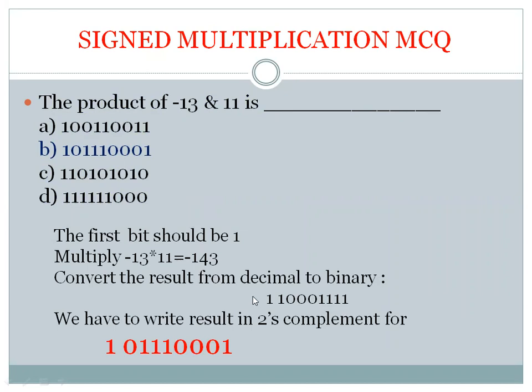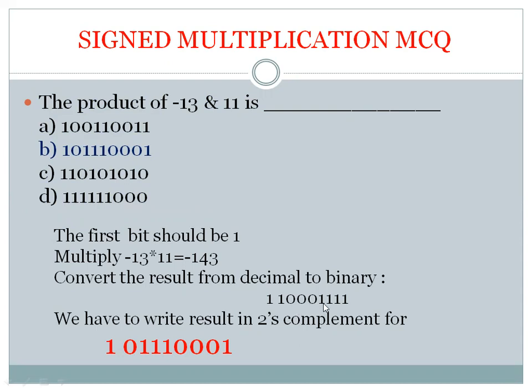If it is minus, you have to write 1 in the MSB of the given bits. Next, if the result is negative, you have to write the result in 2's complement form. If the result is positive, you can straight away take it as the result. But here, what about the result? The result is negative. That's why you have to find the 2's complement of the result. You have to skip the sign and find the 2's complement of the remaining digits.